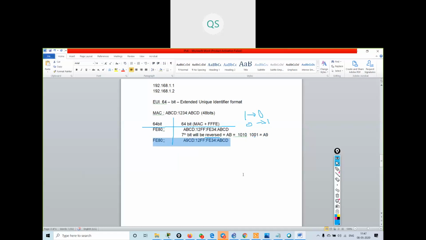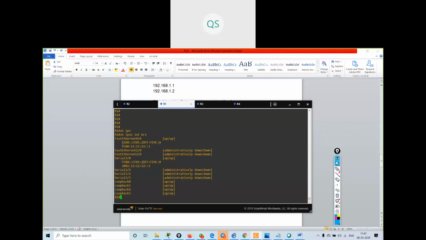See, if I go to my router, this is my link local address.